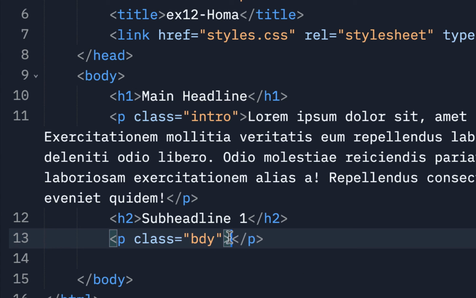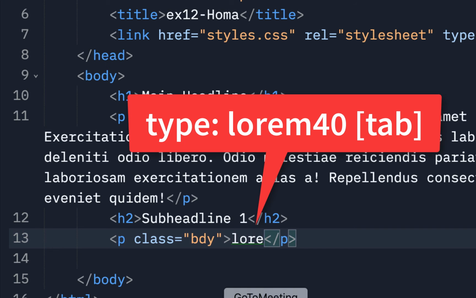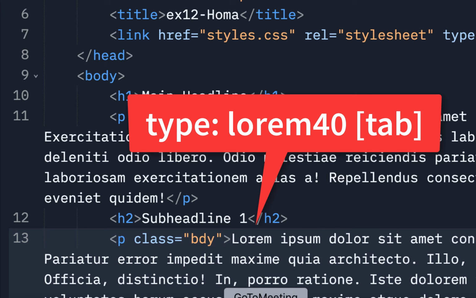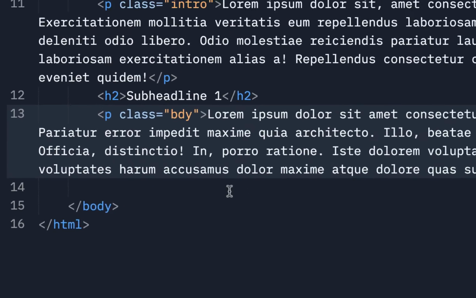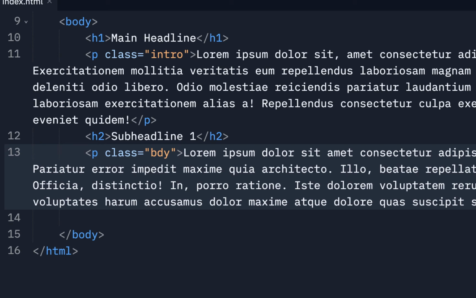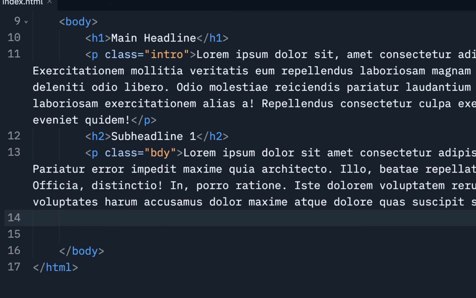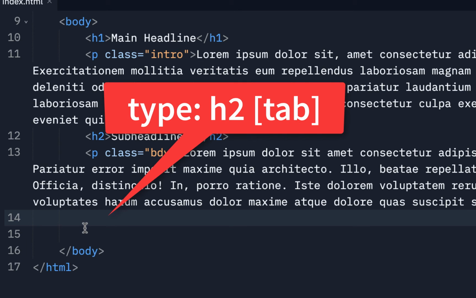And inside here, I'll just do lorem again. We'll just put in some filler copy and I'll do like 40, make it a little bigger paragraph, and then hit tab, and there it is. And now you could copy this again, but I'm just going to do it because it doesn't take long. I'll do H2, and notice I'm hitting return here and it's lining up inside here, and I'll do H2 tab,